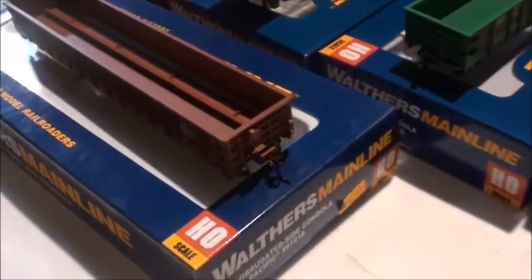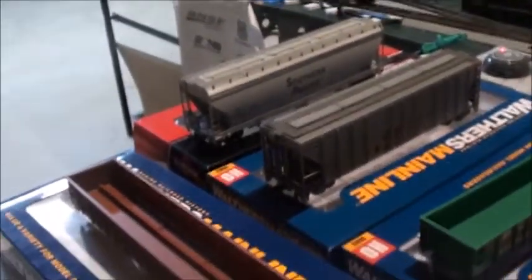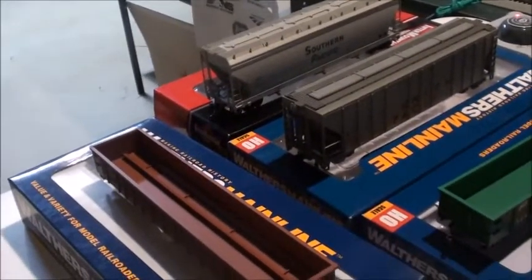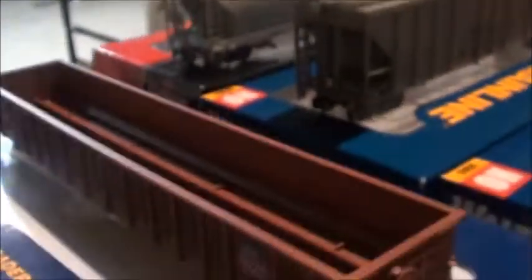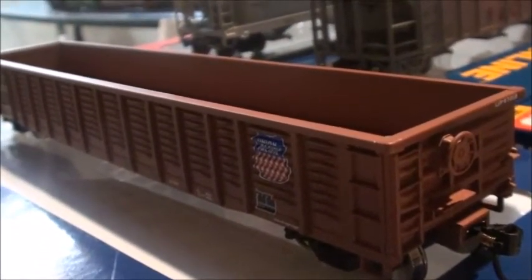So, yeah, so 1, 4, 5. There's a total of 8 new freight cars I got recently. It's a great way to start off the summer. But yeah, so far no new locomotives currently, except my recently reviewed CSX SD40-3, which I reviewed back